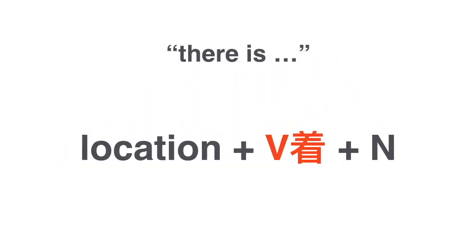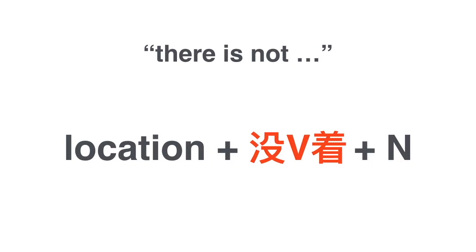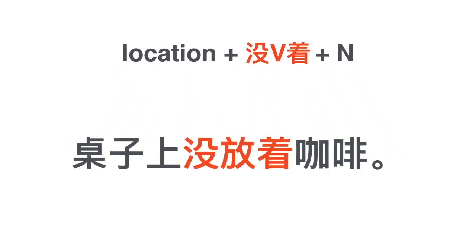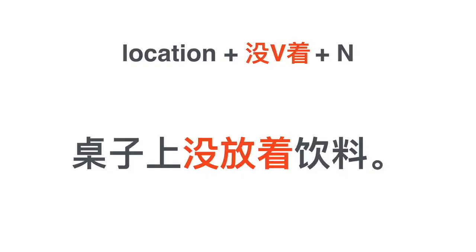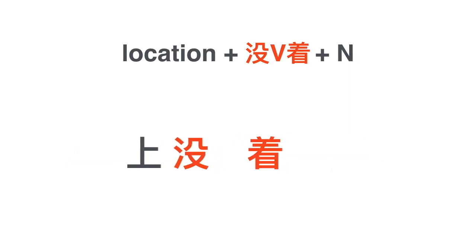So there you have it. To express there is, use location, verb 着 noun. 桌子上放着很多饮料。To negate that, there's not, simply add 没 in front of the verb. 桌子上没放着咖啡。我家楼上没住着老师。Let's take a look. 桌子上放着什么？对，桌子上放着很多饮料。我要喝一杯。哎，没有了。现在桌子上放着饮料吗？桌子上没放着饮料。